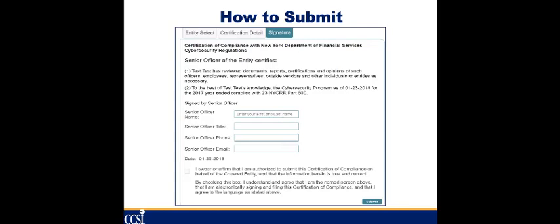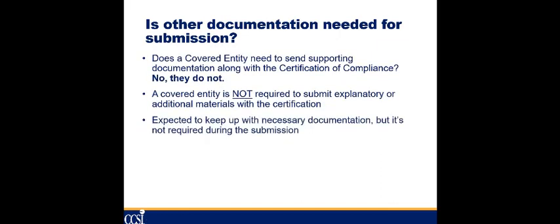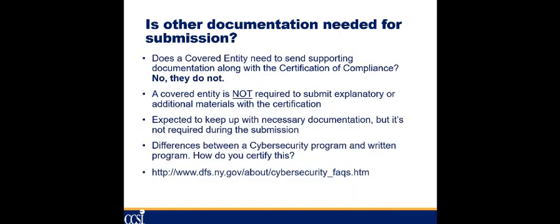So these are questions that people have asked us over the past couple of months. But hitting submit to that will push you through the policy and get you ready to be compliant for this particular annual recurrence of the certification. But